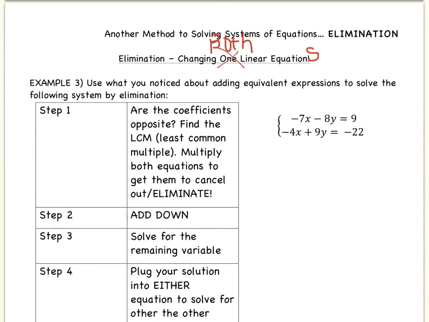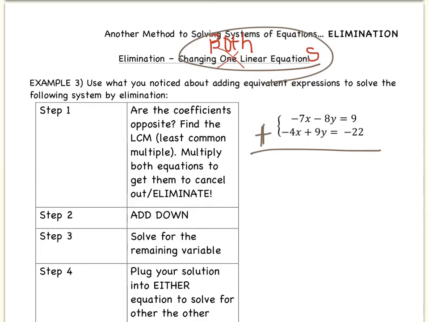Okay, great. So now you're on step 3, where we're going to eventually have to change both linear equations so that something cancels out. So take a look at our linear equations. We have negative 7x minus 8y equals 9 and negative 4x plus 9y equals negative 28. If I were to add down right now,